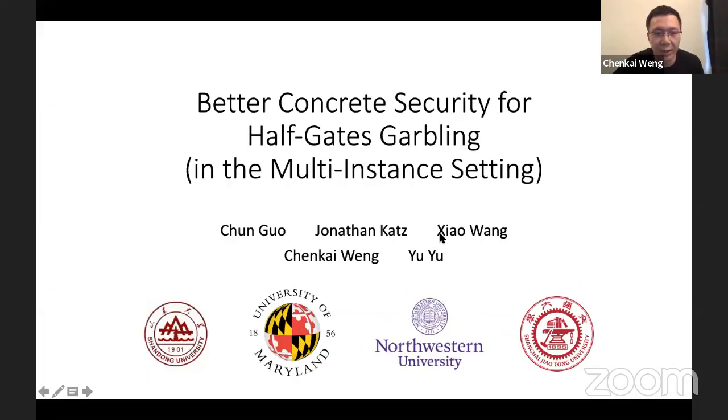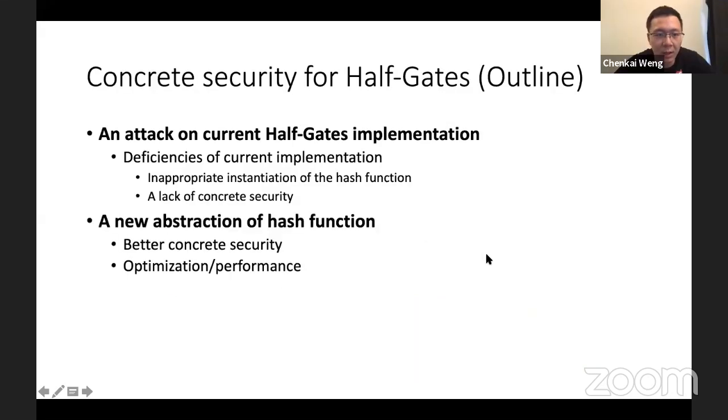Hello, I'm Chen Kai. I'm presenting our paper, Better Concrete Security for Half-Gates Garbling in the Multi-Instance Setting. In this paper, we mainly study the concrete security of half-gates garbling. First, we give an attack on the current half-gates implementation.